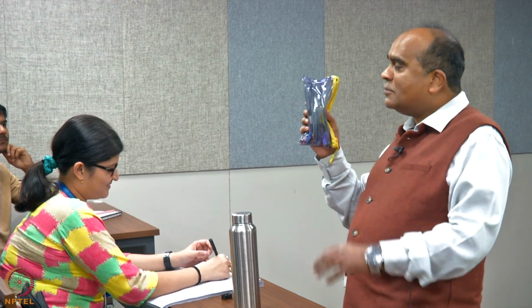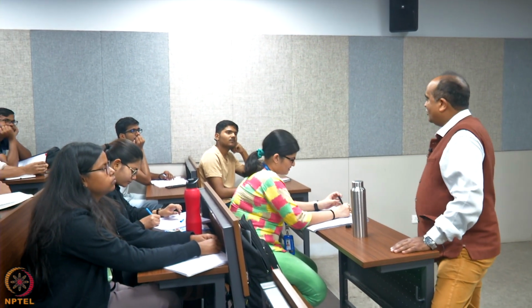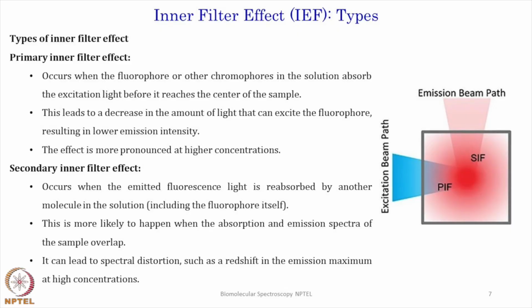Now, it is possible that when I shine the light, other molecules, other chromophores are there which take the light away. Now, it is not reaching effectively or not reaching at all. So, the signal is not coming, that is called the primary effect. So, this leads to a decrease in the amount of light that can reach and excite the fluorophore of my interest, which results in a lower emission intensity. If say only 10% light reaches here, only 10% excitation is happening,